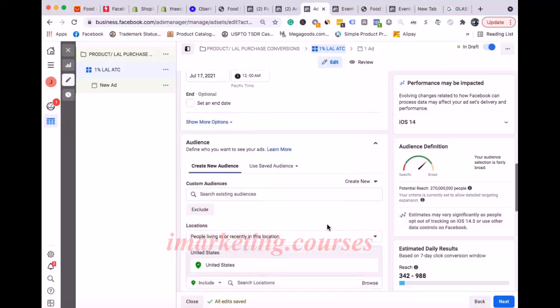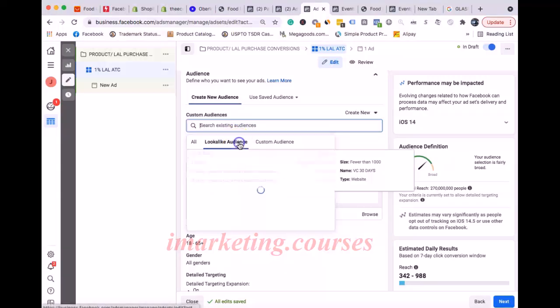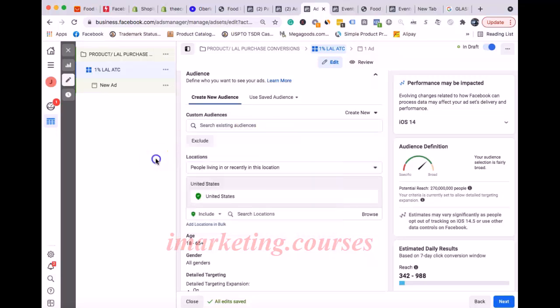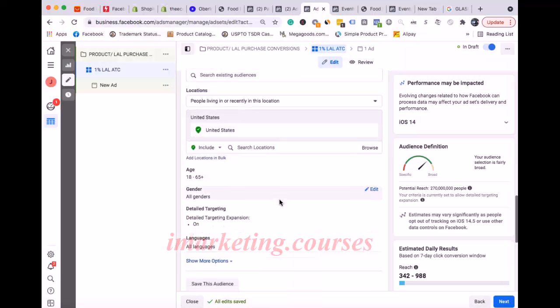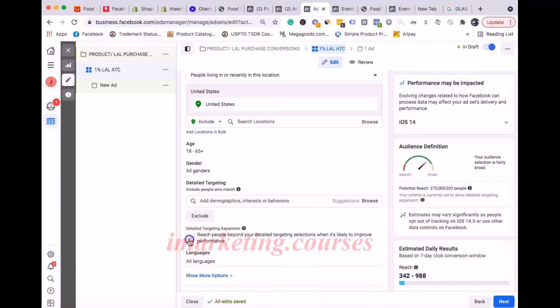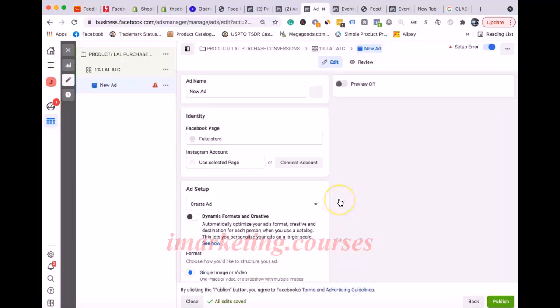Right, and then you're going to scroll down and under custom audience, you're going to click on lookalike, and they're going to be listed right here. You're going to select which lookalike audience you're going to target. You're going to have one per ad set, okay? So say for example that you're targeting 1%, you would just put that and then exclude purchasers, okay? And once you do that, you want to uncheck this, scroll down, click Next,